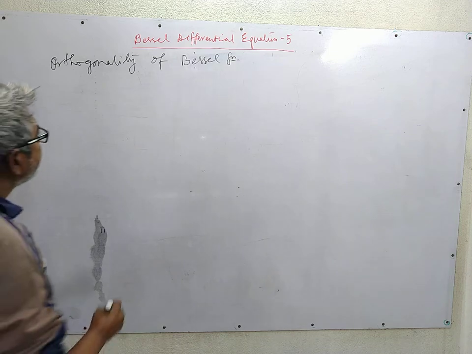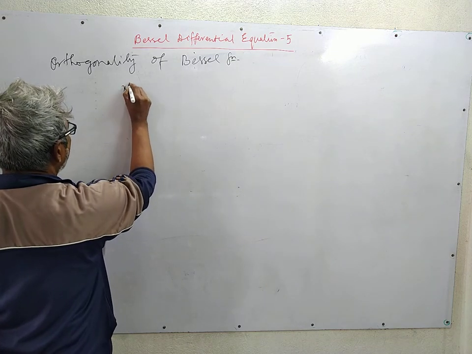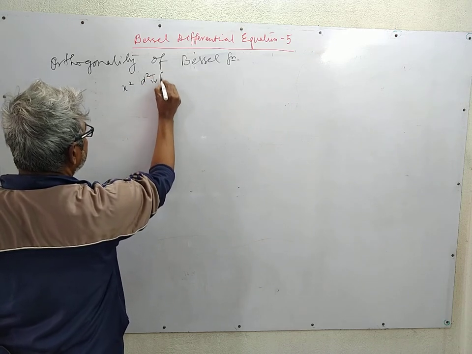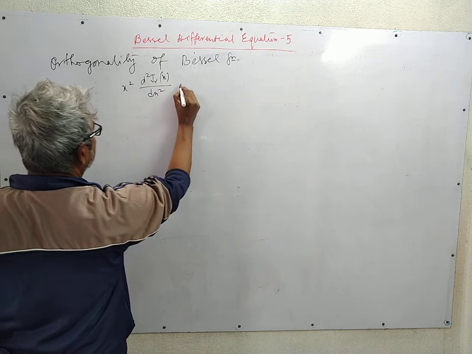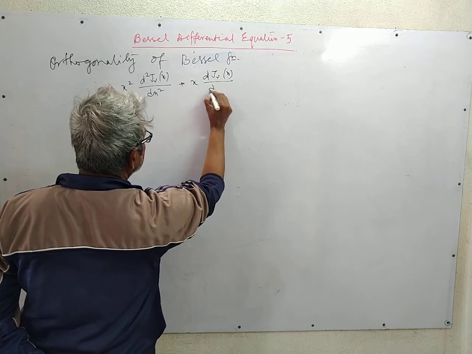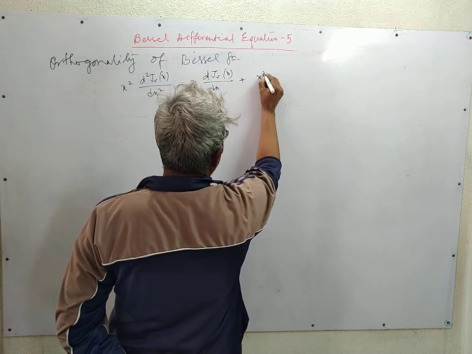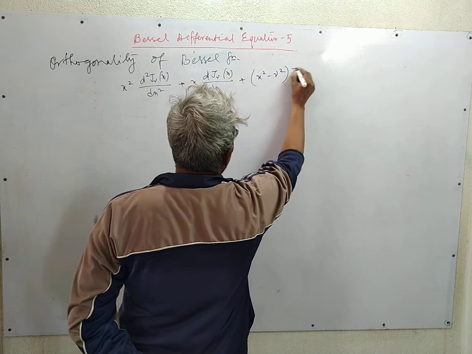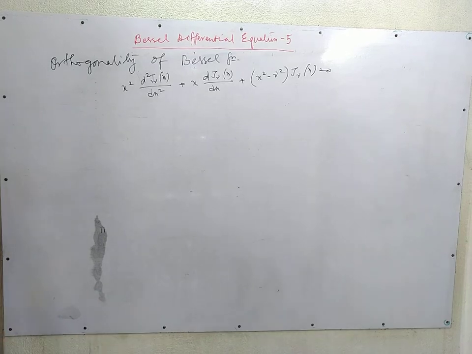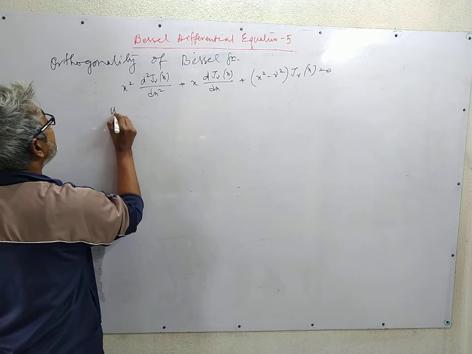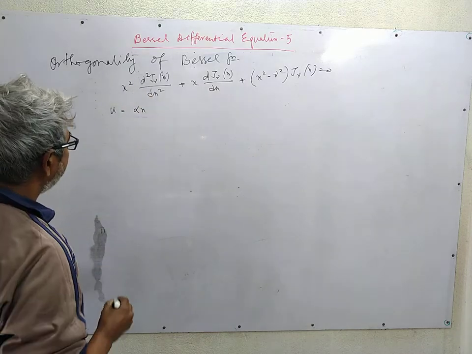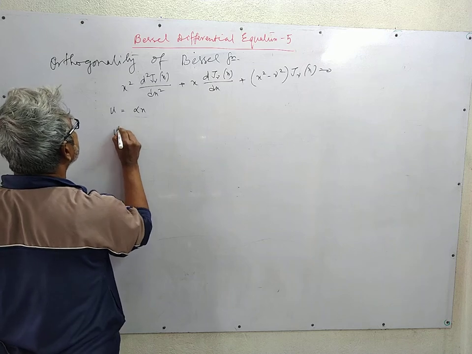The Bessel function of the first kind of order nu is defined as x square d2 j nu of x dx2 plus x d j nu dx plus x square minus nu square j nu of x equal to zero. This is the Bessel equation of order nu. Now we use u is equal to alpha x and replace x by u, so that the equation becomes u square